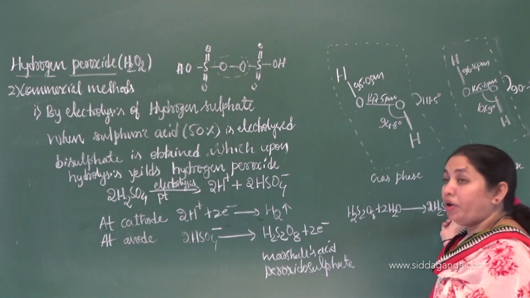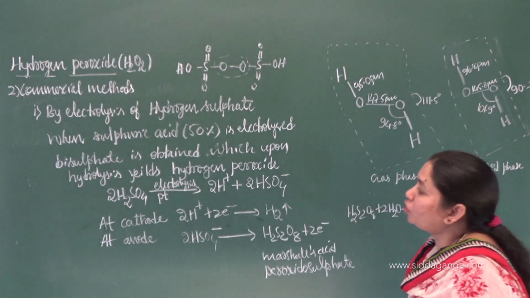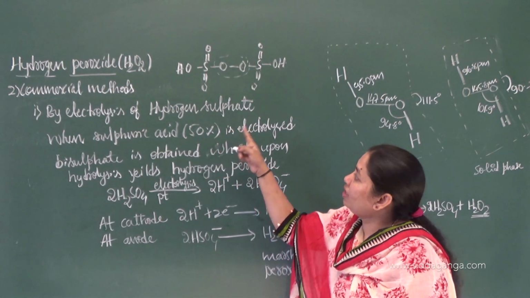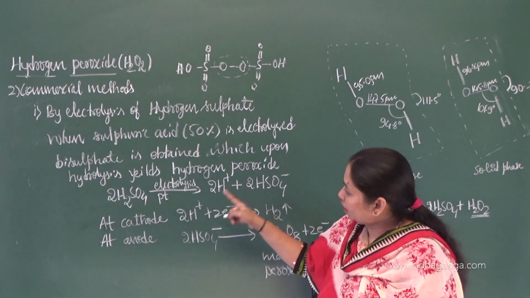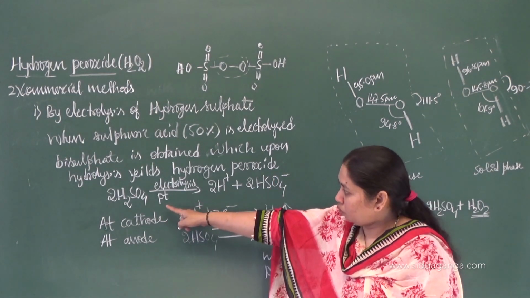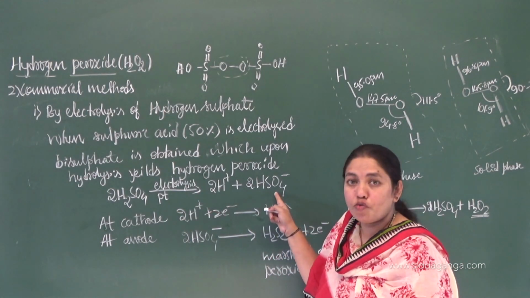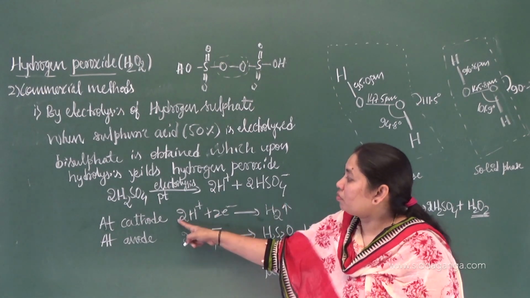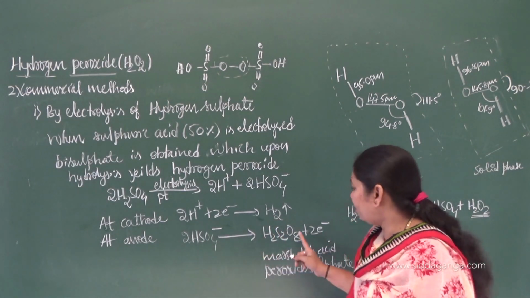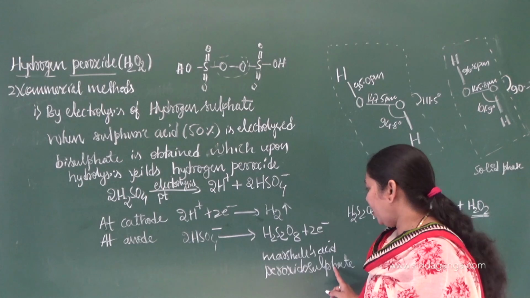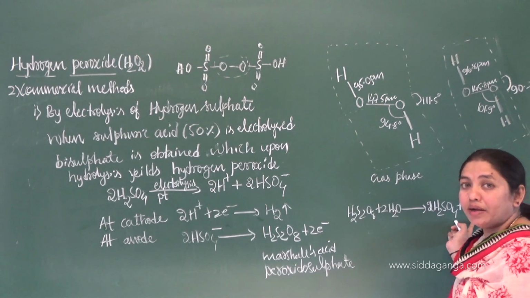So what is our desired product? That is nothing but hydrogen peroxide. So this is how you can prepare hydrogen peroxide by electrolysis of sulfuric acid followed by hydrolysis, right? So what are the reactions taking place? Sulfuric acid upon electrolysis yields H plus and HSO4 minus, that is bisulfate ion. H plus produces hydrogen gas, and then that bisulfate will be converted into peroxido sulfate, or you can say Marshall's acid, which upon hydrolysis yields hydrogen peroxide.